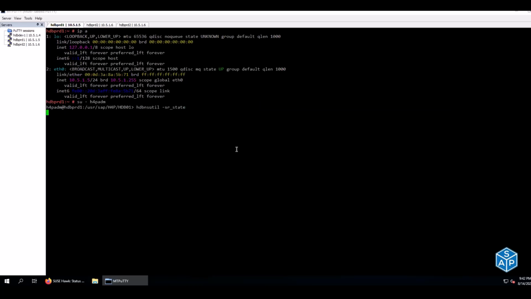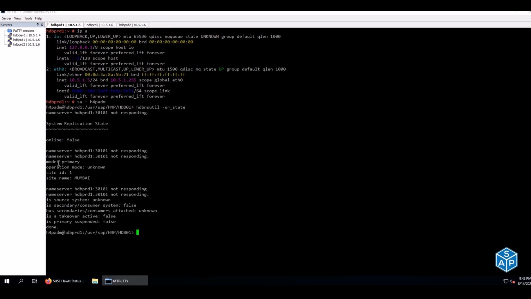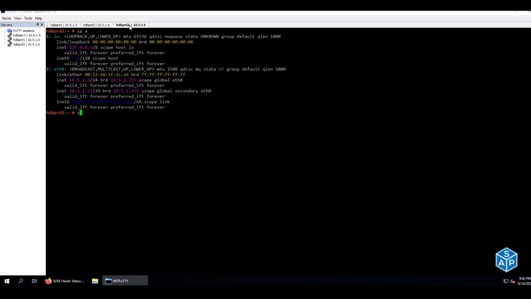SR state. So can you see over here? No, this is down actually. It is not up. This is your secondary system, but the database is not up. And if I check on the first node, h4padm